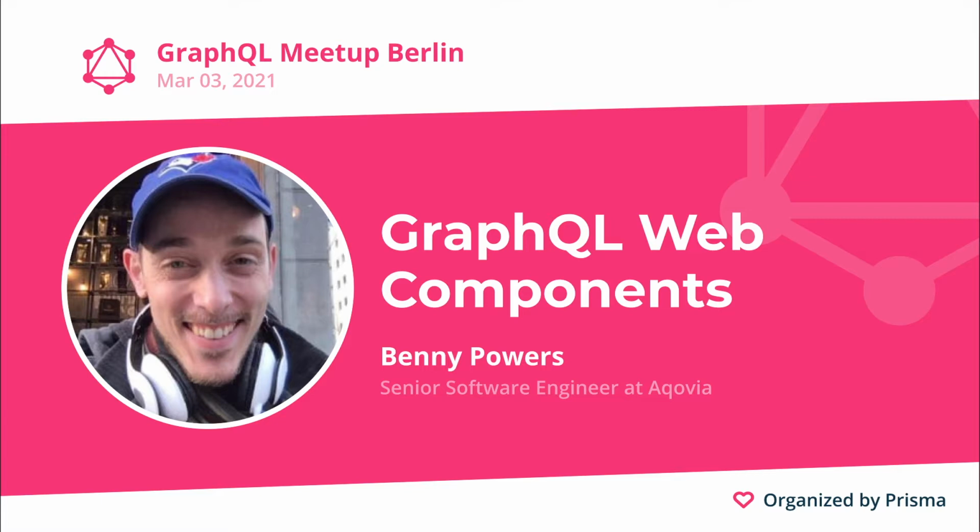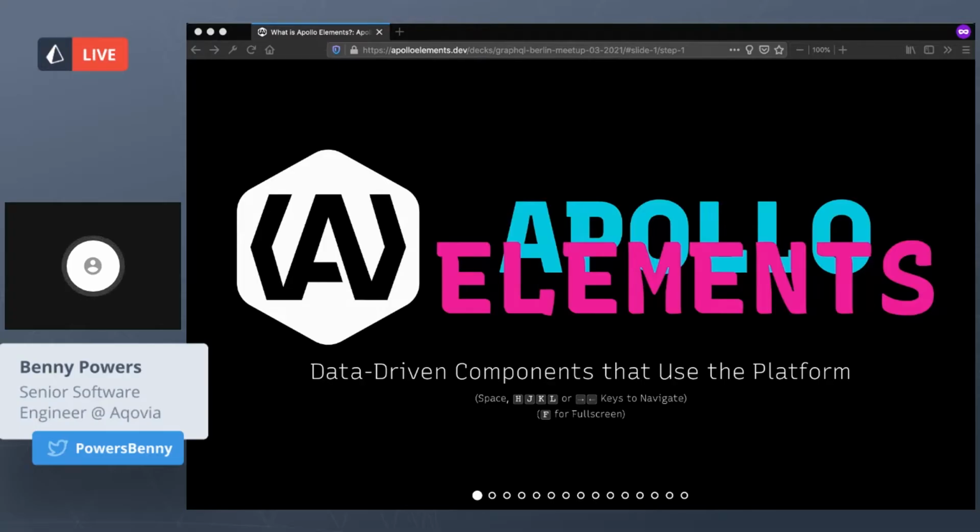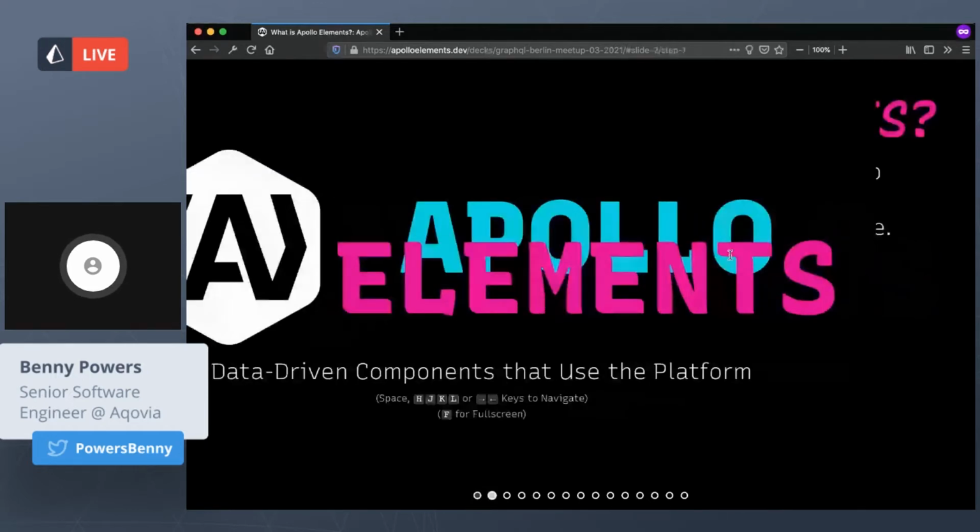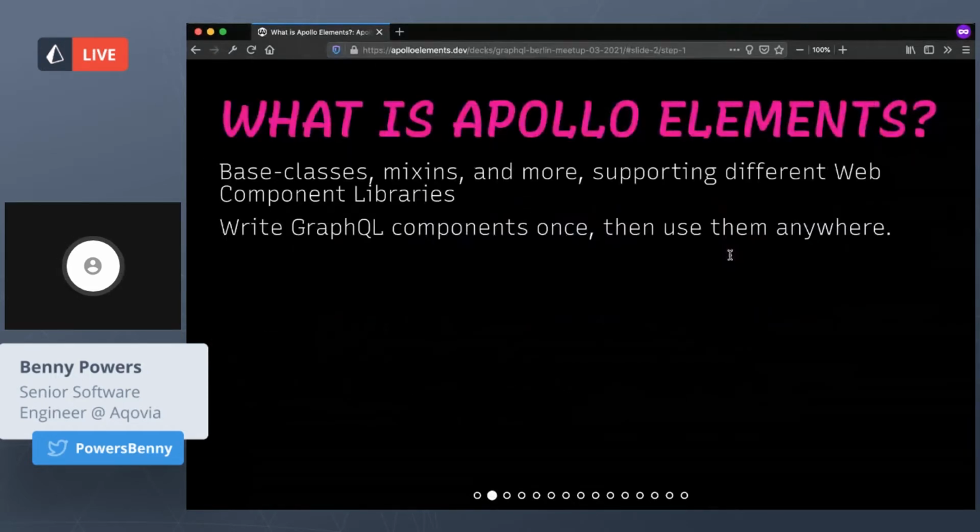So we're talking about Apollo Elements, which is a JavaScript library for the front end that implements web components that use GraphQL. So basically, we have base classes, class mixins, and other kinds of helpers that support using different web components libraries. What that means is that you can write a GraphQL component once and then use it anywhere in any different